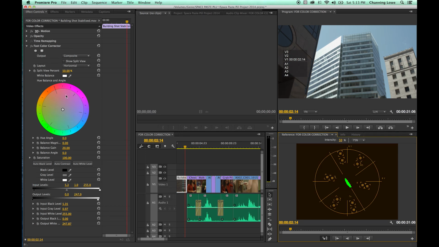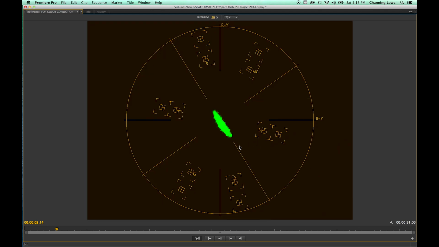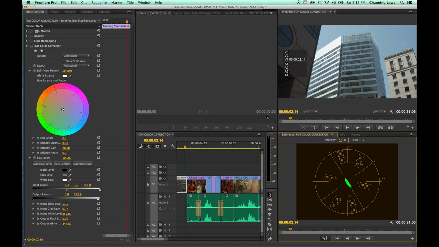And you will see that that's reflected on this color wheel over here that you're going to be using to manipulate color. Now, that is your color balance. Right now, this shot has some blue and cyan color balance, a little bit of green going off to the green. You're going from the center point here, and a little bit of red and yellow and a little bit of magenta, but this has a lot of blue and cyan, and that blue and cyan is really coming from the sky, and the sky reflecting on this building. You're getting a lot of blue in this shot here. It's not overly blue. The shot looks pretty decent,